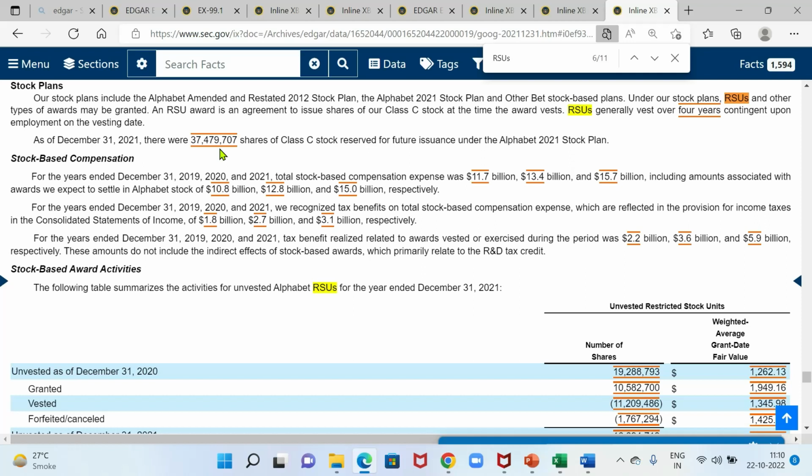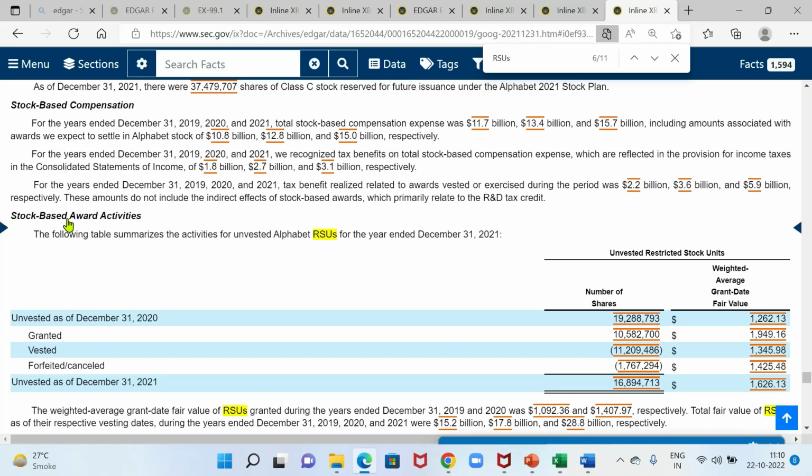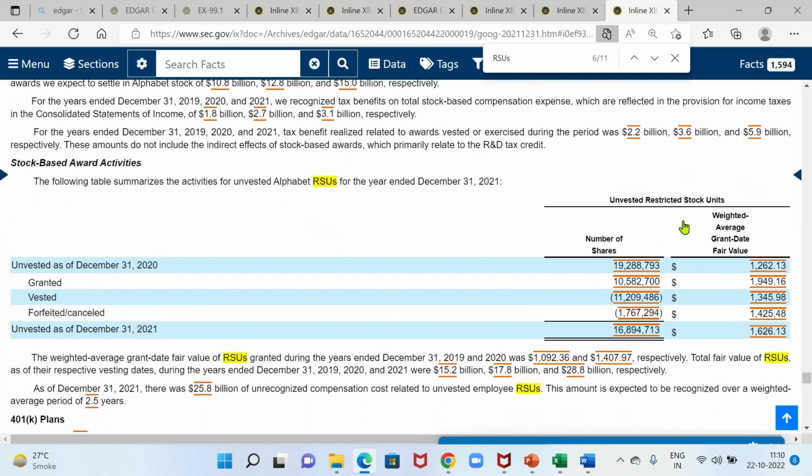We have allocated that over time we have an option plan under which we will issue this total number of shares. Instead, here it is written stock-based award activities. So now you need to understand, we won't take awards, but the company is saying these are my RSUs. At times there will be double meaning. You'll have to catch that meaning, what exactly it is. Here the company is mentioning awards, but these are not awards. These are RSUs only, restricted stock units.